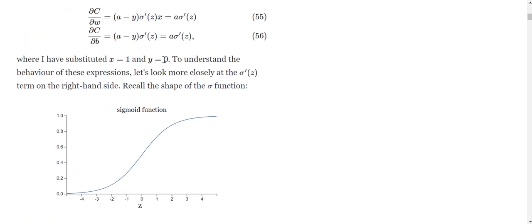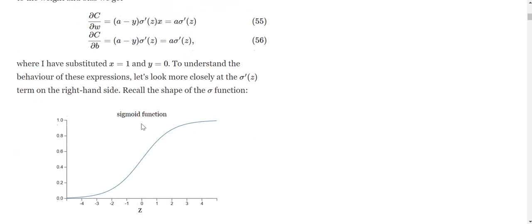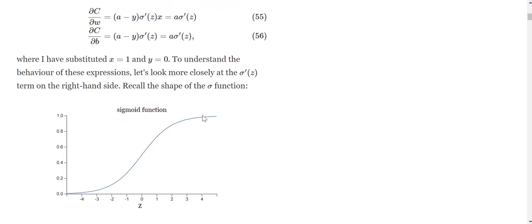So when the neuron's output is quite close to 1 at this location, the slope is very small, and when the slope is very small, then these values are very small. When these values are very small, then once you multiply other values with them, the gradients also are very small. So due to these very small gradients, gradient descent occurs very slowly.